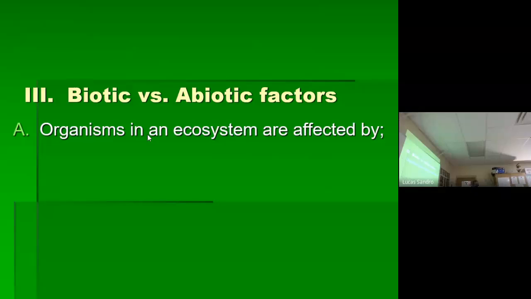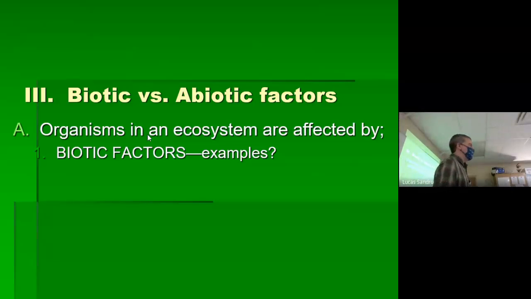And any organism is affected by both. That's the point of this, that you have to consider both. You have to consider the non-living stuff, the availability of, say, nutrients in the soil, the amount of sunlight, temperature, the precipitation, all those are abiotic factors. But then you also have to consider the other organisms. And sometimes that can be the hard part. Sometimes organisms affect each other in ways we don't totally get.